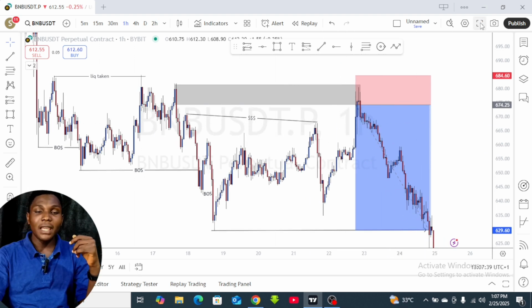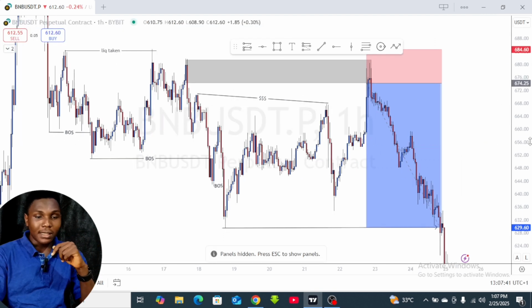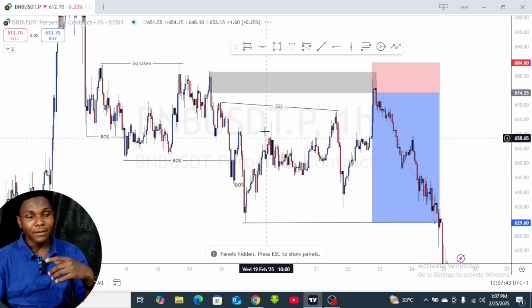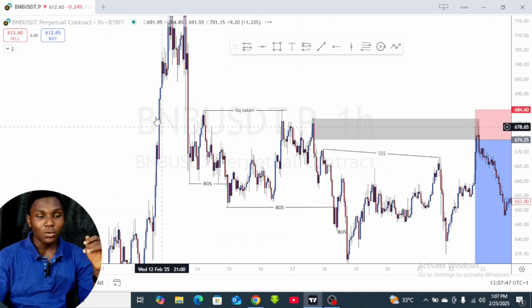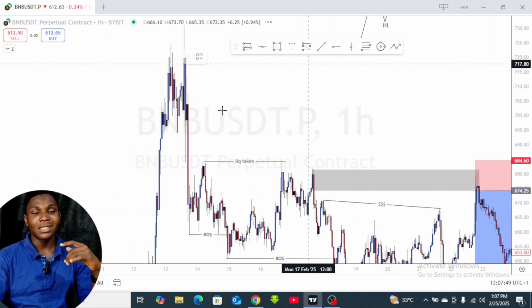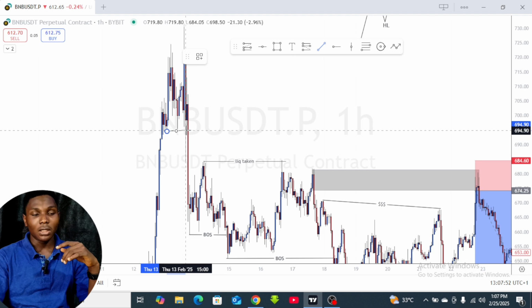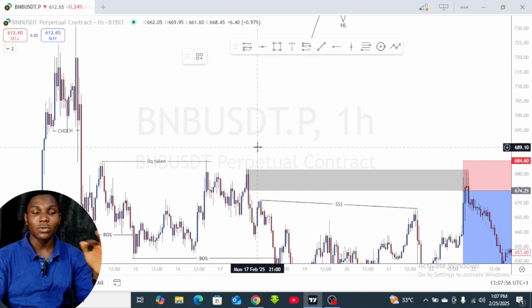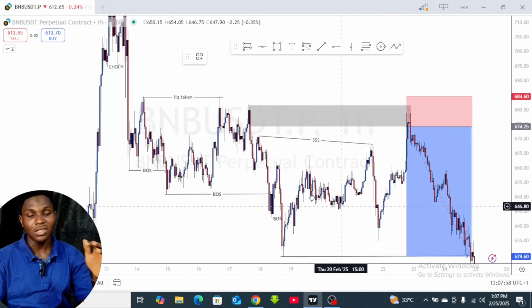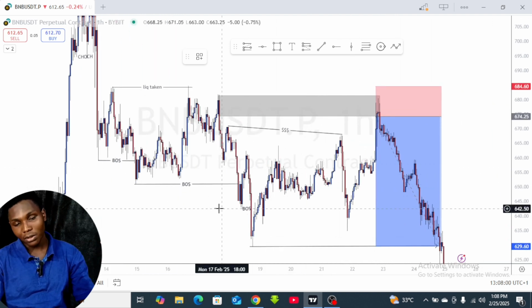Now, this is the BNB USDT pair, and I'm on the 1 hour time frame. What do you notice on the 1 hour time frame? You can see that initially price was bullish, and at some point we had a change of character, which indicated that the order flow has shifted from bullish to bearish. Now, after this change of character, what do we see? We see a break of structure,